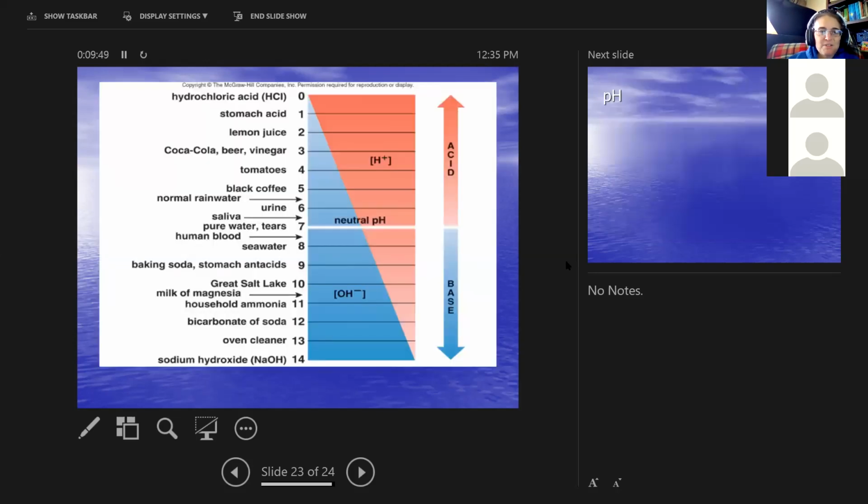Okay, all right. So here is the scale with some common things you may have seen or know about, and where solutions of them would fall on the pH scale. So here you have 7. Everything from 7 to 14 is increasing in its base, where we have our sodium hydroxide, which is a very strong base. Oven cleaner. These are both serious levels of base that can hurt you.